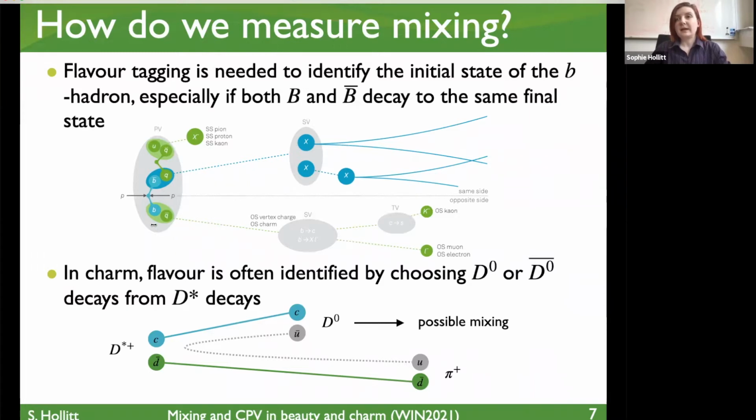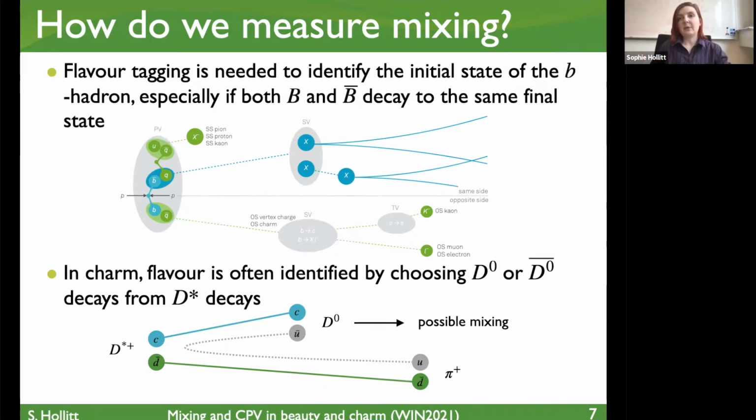So this is where the other B quark in the pair has formed a hadron and decayed. And we can also look at the same side information where, say, this extra light quark that's paired with the B is related to another pair whose decay products we can monitor. So that's what we have for beauty.